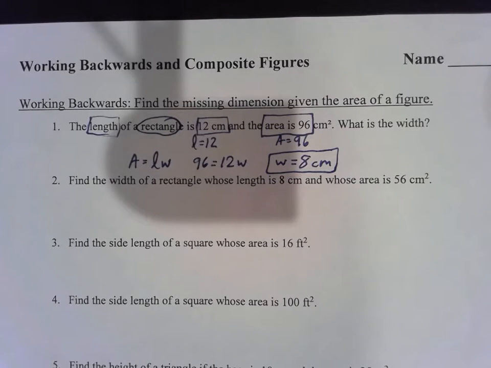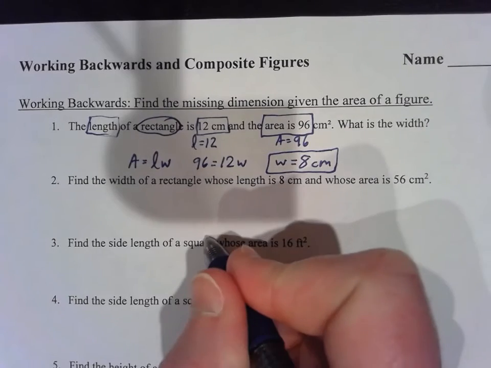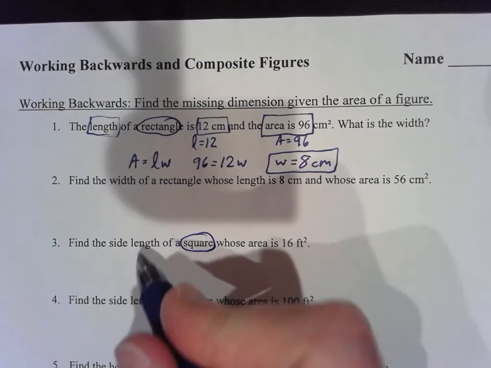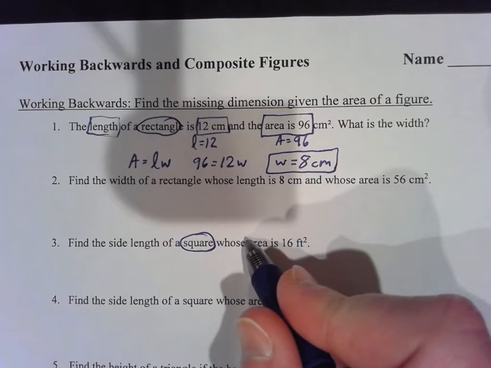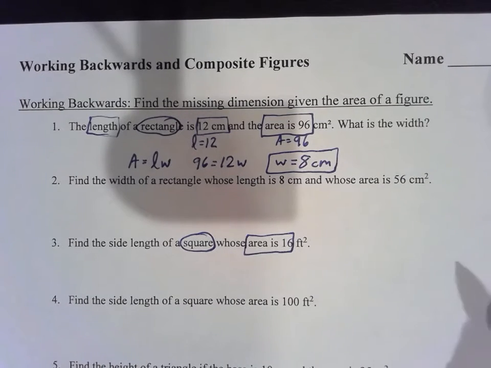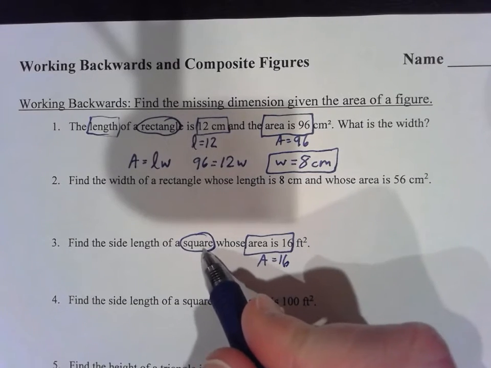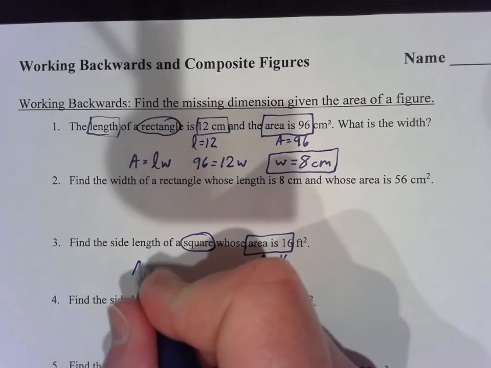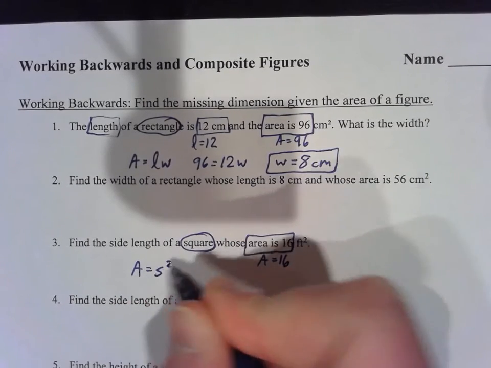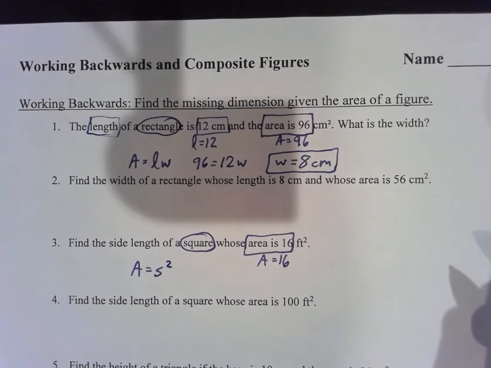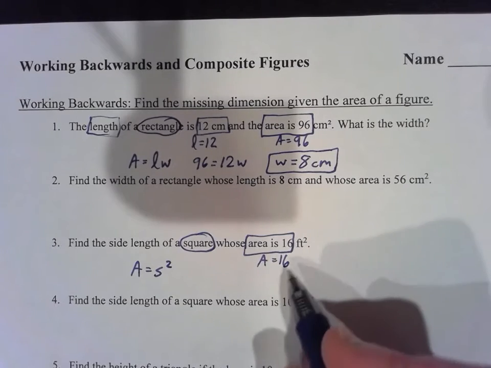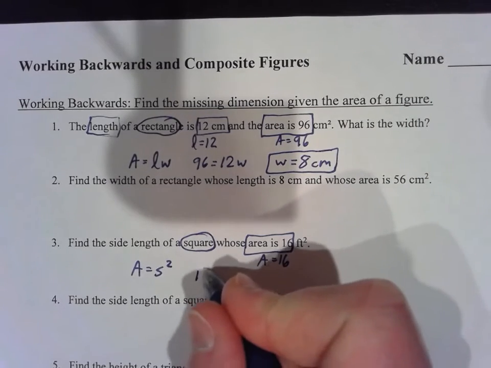Right. Number 3, find the side length of a square whose area is 16 feet squared. So I see that it's a square, and I have an area of 16. So the 16 is the area. That gives me the A value. So in a square, we looked at our reference sheet, area of a square is one side squared. You could do length times width, but since the sides are the same length, it ends up being side times side. So if the area is 16, put the 16 in for A,